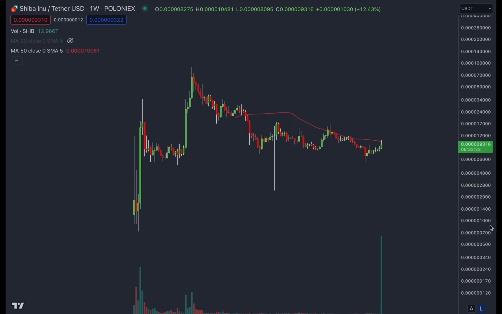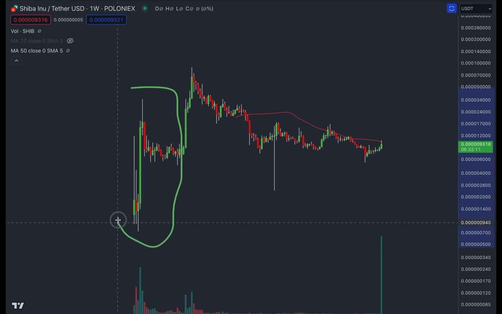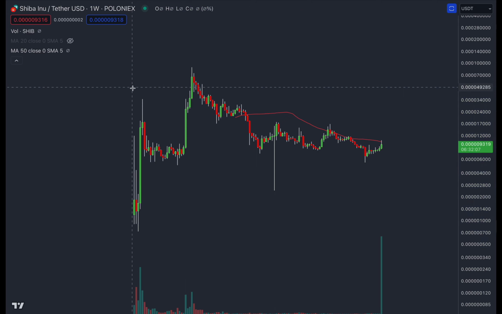I have actually pulled up the SHIB Poloniex chart so that I could get a little more of the chart. When you look at Binance, Binance cuts off this entire piece of the chart, so you don't really get to see everything that's happened. So the longest chart I could find was Poloniex, and I'm going to use that for my charting. Now, right away here,